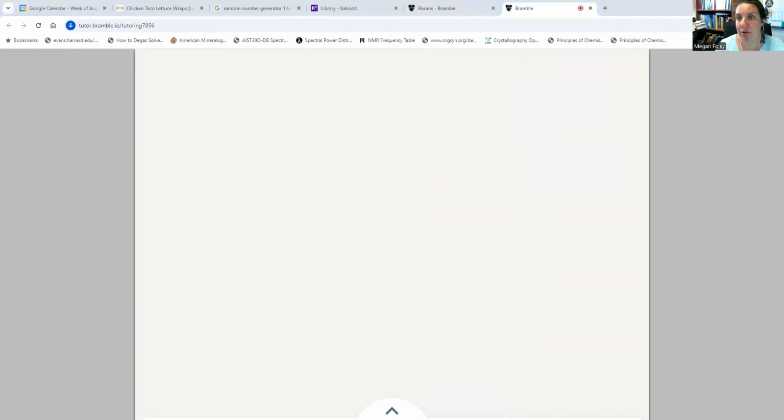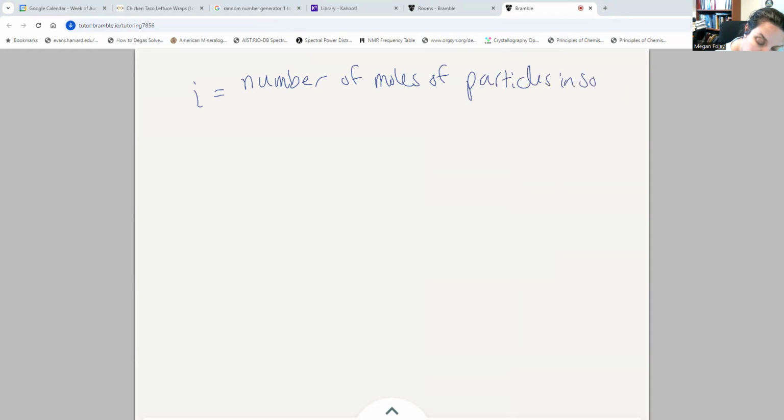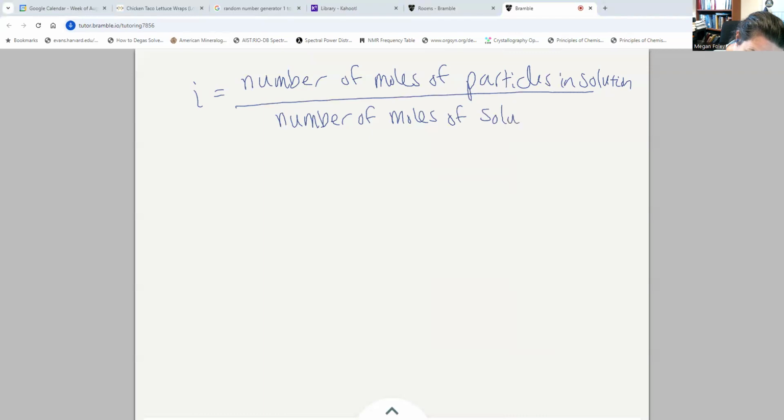And we can actually calculate what the i value should actually be by taking the number of moles of particles in solution and dividing this by the number of moles of solute dissolved. We can also do this as a ratio of